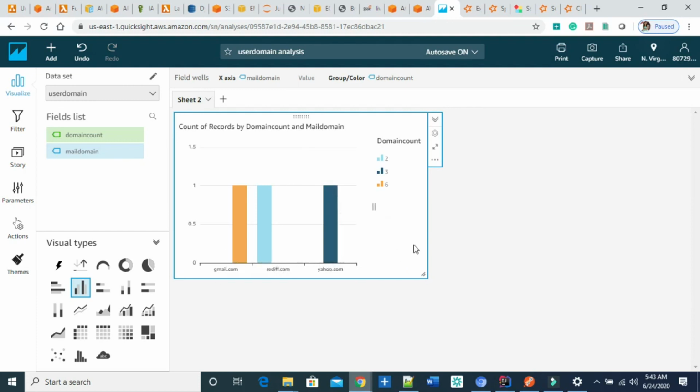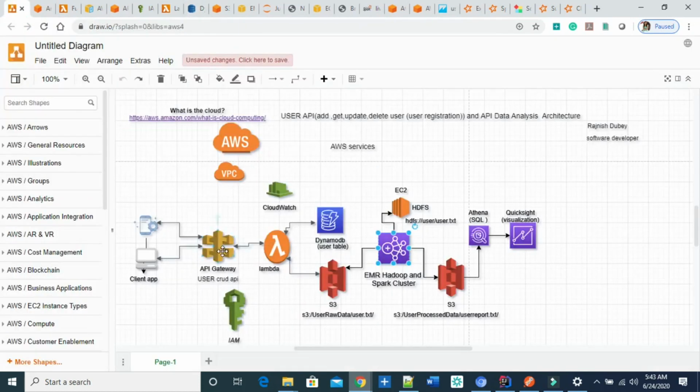Same thing we can do with other data sets. This is a simple data set I have worked with. I can create separate videos for API Gateway and AWS Lambda, DynamoDB, S3 and this cluster. Today I just summarize how the flow is going on. This is for learning purposes, to understand the end-to-end process, how the process works, so you can scale this process